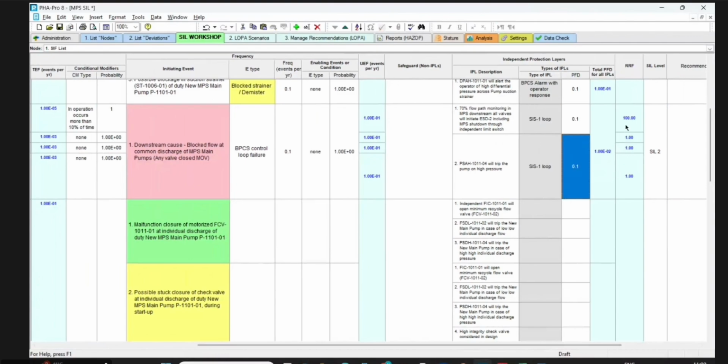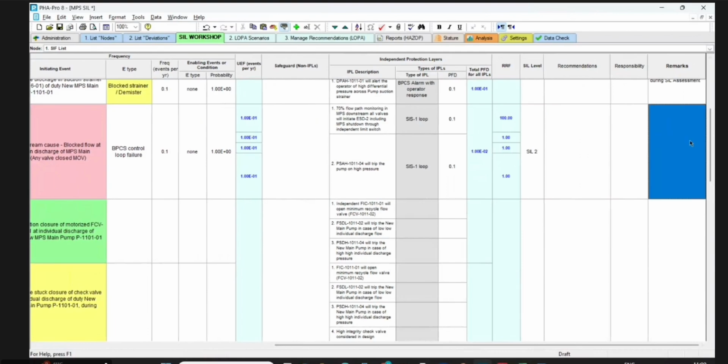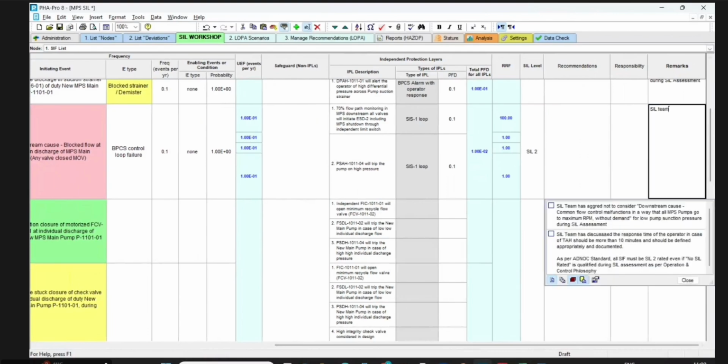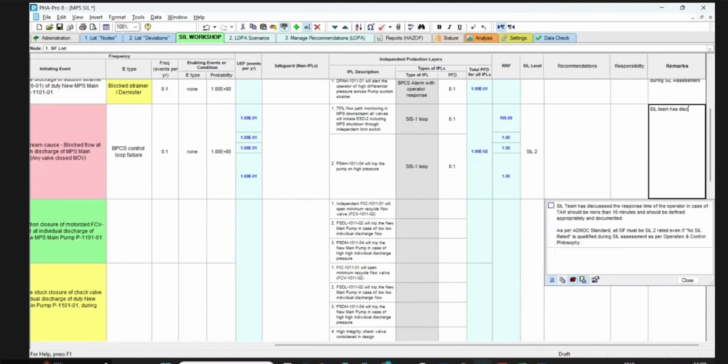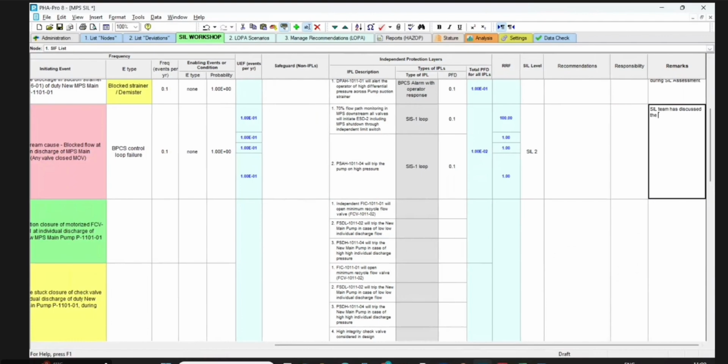RRF is 100. Yeah, okay. SIL2. Okay. Then I have to make a rule set here. SIL team has discussed the conditional modifier to be taken as